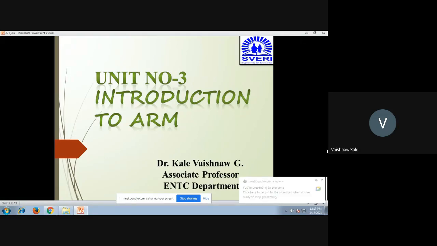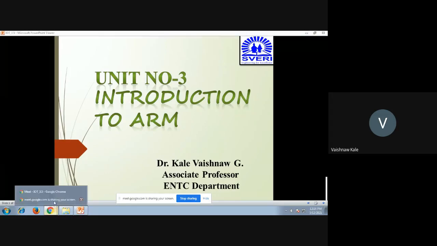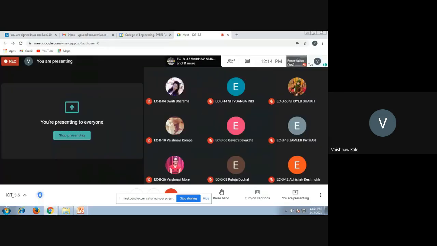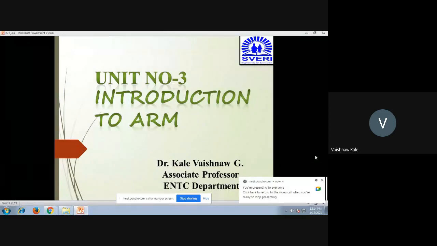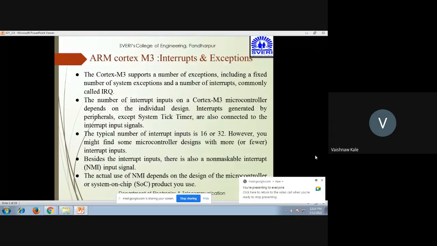Now in today's lecture, in this section, we are going to see some exceptions, interrupts, and then we are also going to see the block diagram of this ARM Cortex M3. We are going to see a few more points regarding the working and functioning of the Cortex M3. So we are moving really into the depth now. We are going into the Cortex M3 in a little bit of depth, because now we have been also seeing interrupt handling and exceptions into the picture. So now we are really going into the middle of this unit. So let us start with interrupts and exceptions.